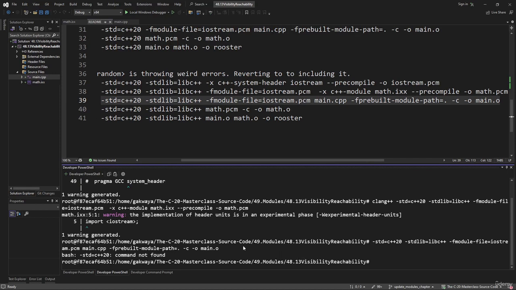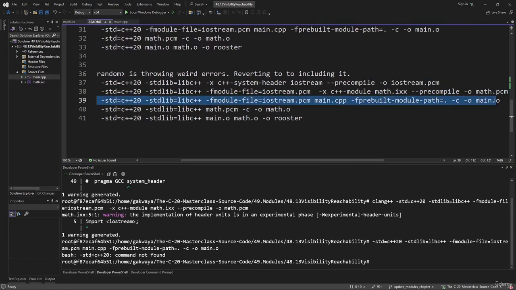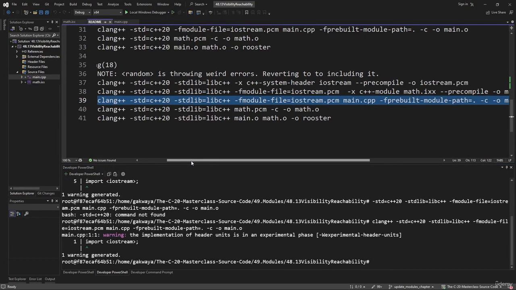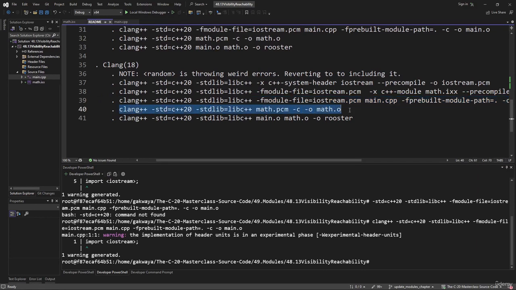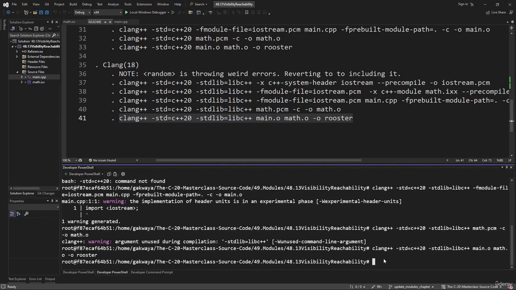So let's copy and generate the main object file. And what do we have here? Oh, we didn't copy from the start. Let's do that. Be careful with your copy and pasting. Put it in. It is going to go through. Let's go back to the start. Copy the command to generate the object file for our interface file. Put this in. It is going to go through. Copy the command to generate the binary. Put it in. And we are going to generate our rooster binary inside our Docker container using the Clang 18